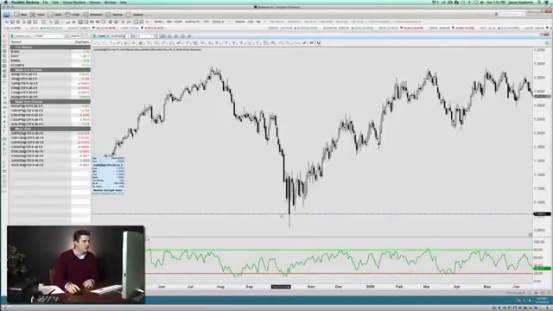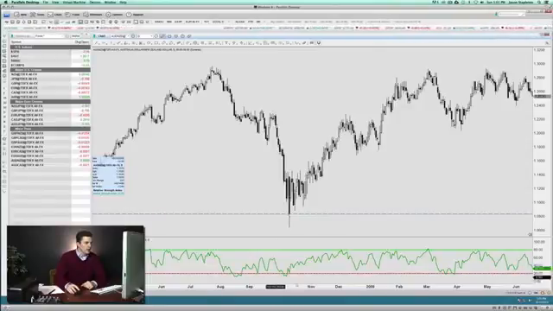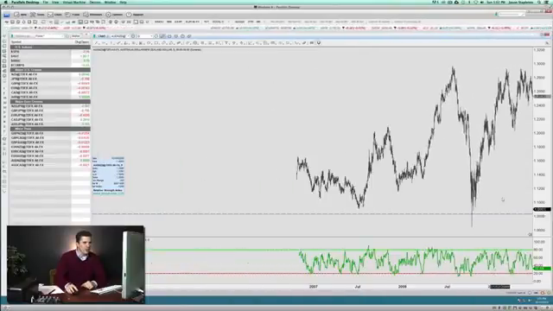The support level. Here is the previous support level. That's the lowest close. Now, again, if I consolidate this chart way up, and I kind